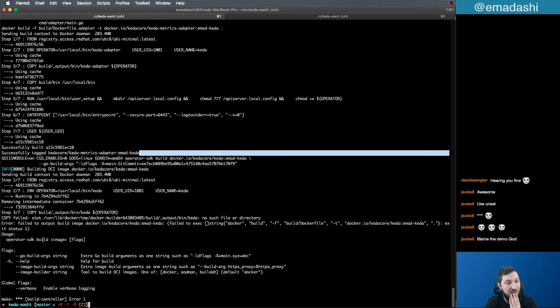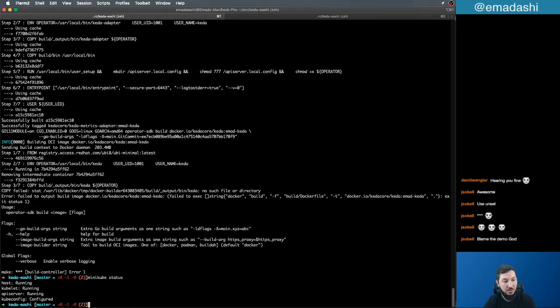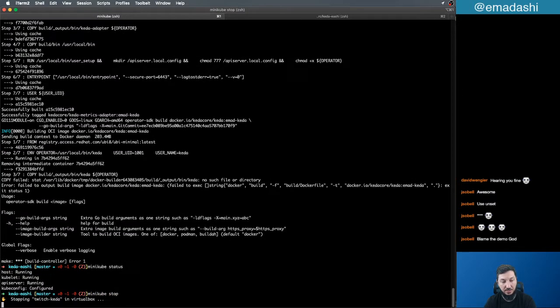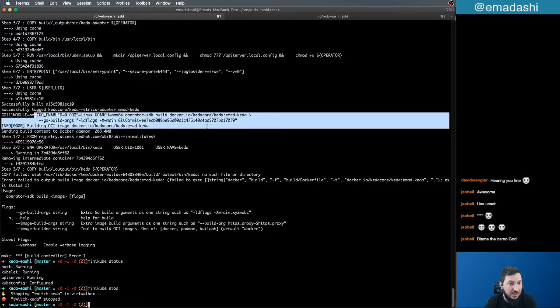Could it be that I stuffed Minikube? Let's do this. Let's Minikube stop. Okay, let's just do that. Because we built the Docker image, we built the image. Step 7 out of 7 is good, and then it says built and tagged. But then it seems like